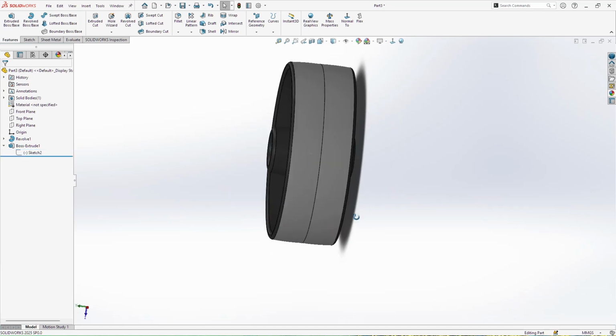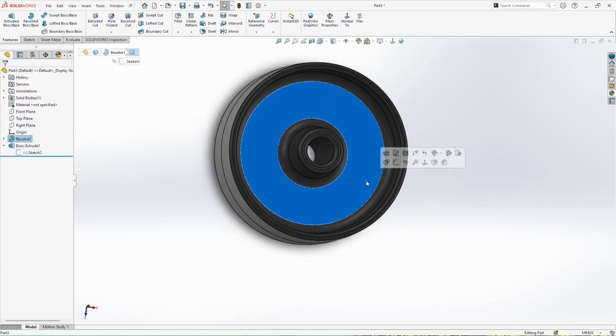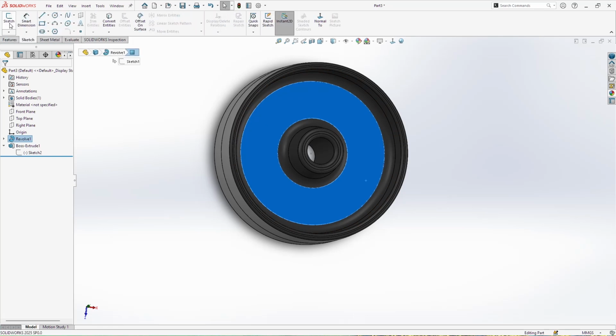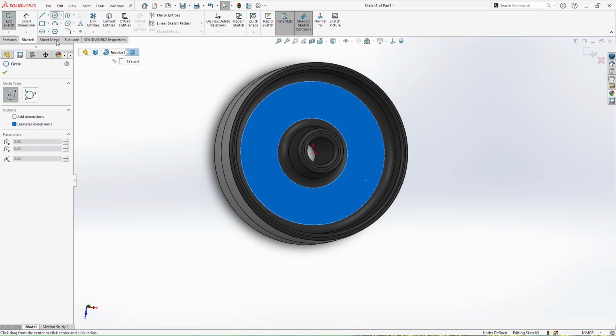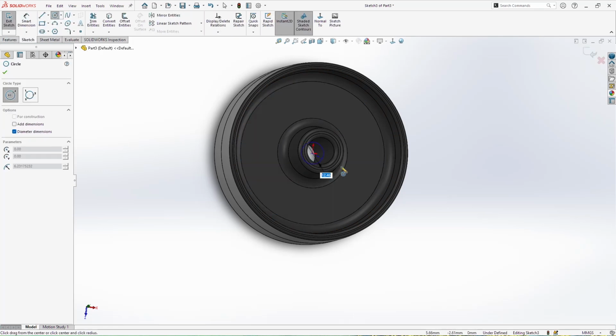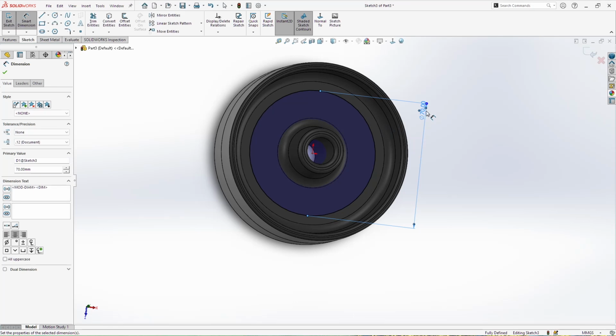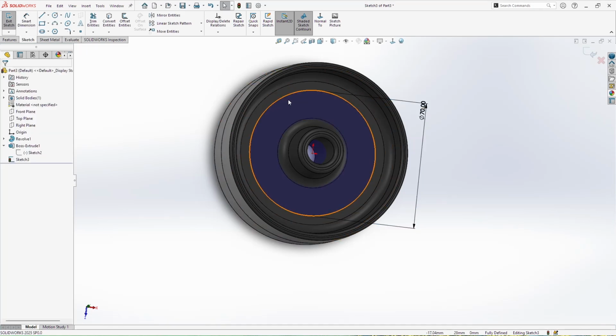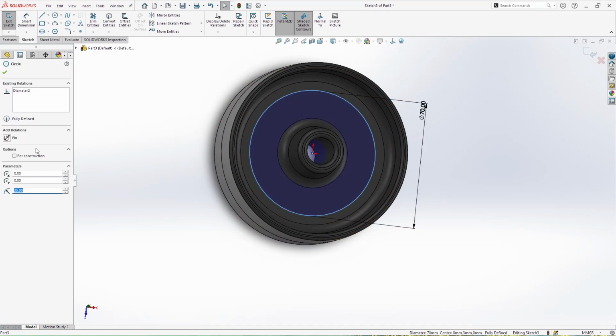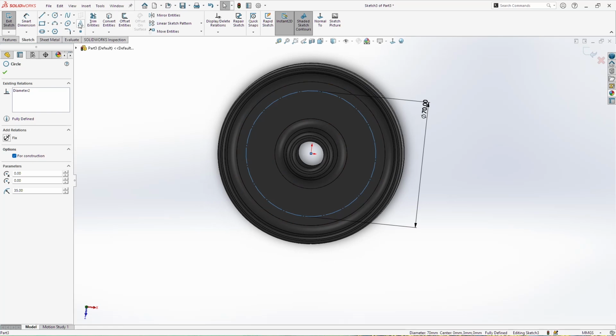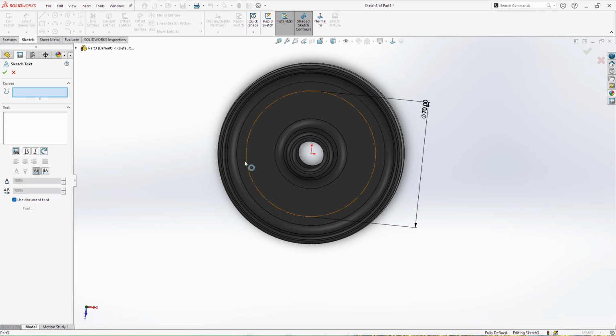Now I'm going to sketch on this surface here. Again, one circle, 70 millimeters. I'm going to make it for construction. And again, text, use this arc here. SolidWorks to YouTube,